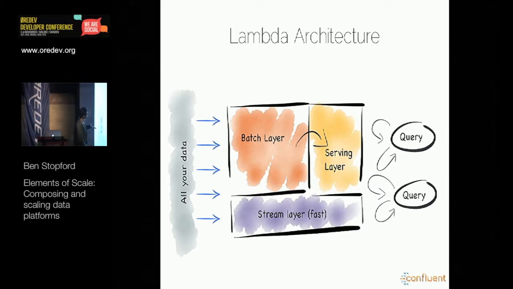But the Lambda architecture has some issues because the streaming layer and the batch layer are effectively separate. And that means you often end up having to dual code. There are some ways around that with dual purpose engines these days. But if you end up doing these as completely separate layers, you often end up having to dual code your problem. And that can be a maintenance problem.